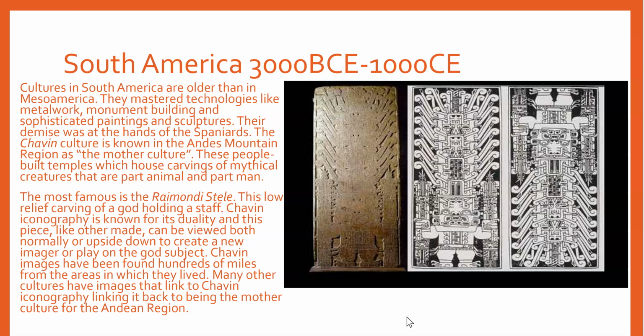And what's really cool about the work that they created is that it's meant to be seen with a dual purpose. So when we look down here, we see the individual, and it looks like an amazing headdress. And then when we flip it around, we see the demon person. Here are the eyes, here's the open mouth, and all the multiple legs. And so they created this duality. This is the most famous, and it's a low relief of a god holding a staff, which we see right here. And when viewed upside down, we create this new character. So it's almost like a good and evil representation.